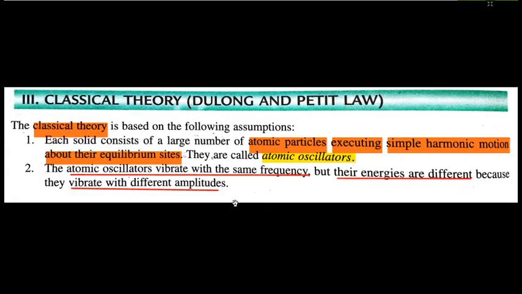Okay, so the classical theory, known as the Dulong-Petit law, gave some assumptions to proceed with the concept. They said that every solid consists of a large number of atoms, and you treat each atom as an atomic particle, executing simple harmonic motion across its equilibrium position. In earlier lectures we discussed vibrations in a one-dimensional model